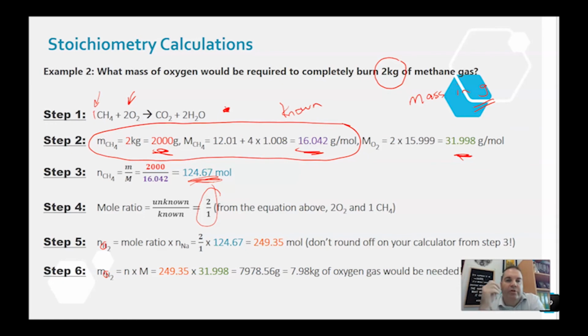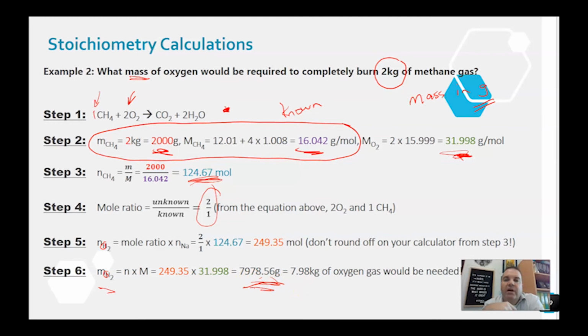So that should say O2 and O2 there. So the mole ratio, so number of moles of oxygen is 249.35. So we then work out the mass, which is what the question is asking us to. What mass of oxygen should we have? So it's number of moles, the red one here, times by the molar mass, which we worked out up the top here, okay, to give us